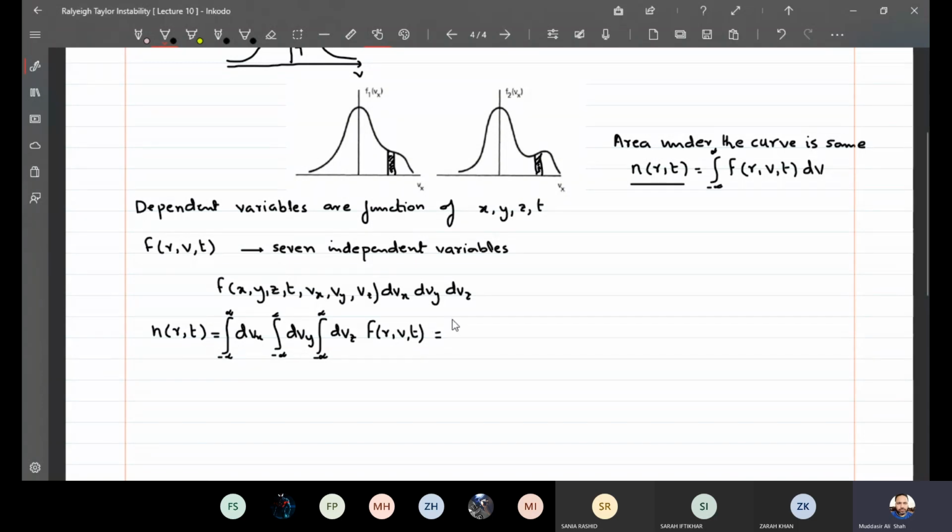So we can write it in this way: minus infinity to infinity, and you can write d3v, or the volume element. The terminology that we are going to use here is that I can write it minus infinity